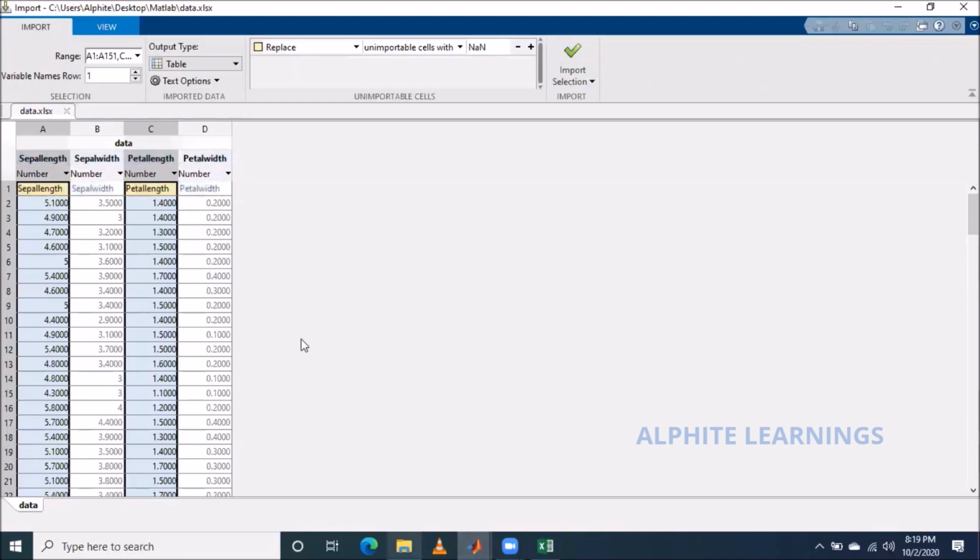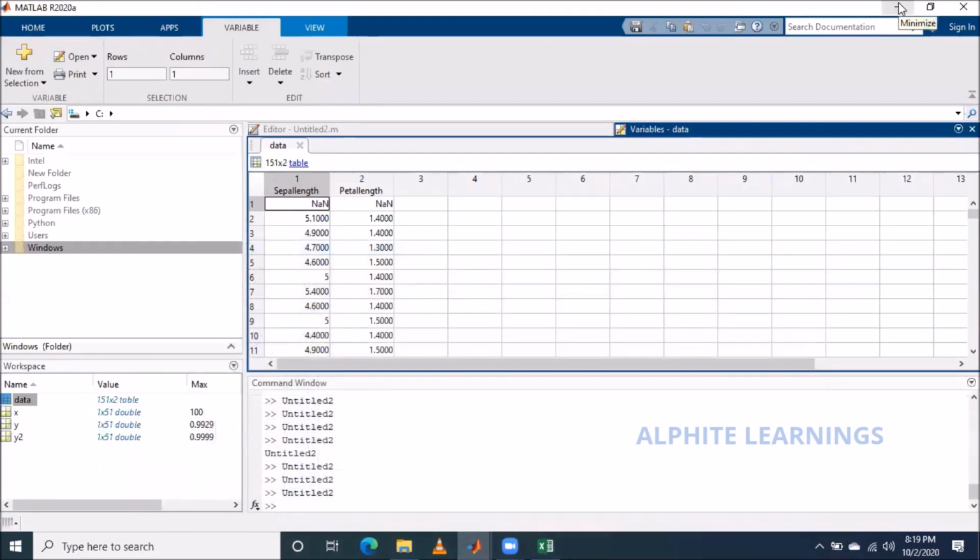It takes that first row, and if you keep it here, it is replaced by NaN. It won't be considered a value, since we say the first row is a variable name row, don't take it as input. So it shows NaN, which is MATLAB's default way of indicating that it's not a value, just a label or something like that. For a CSV file, if you observe keenly, it is a comma separated file.